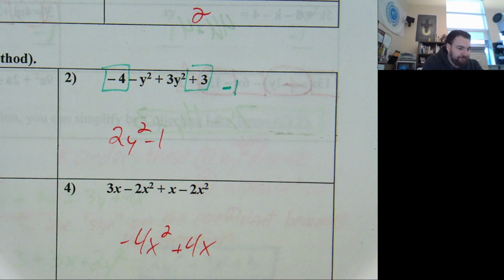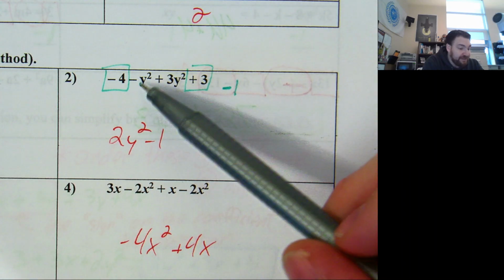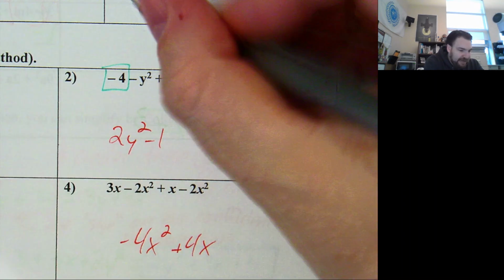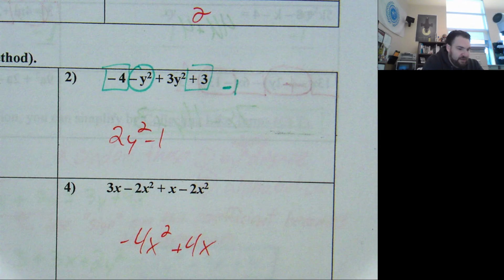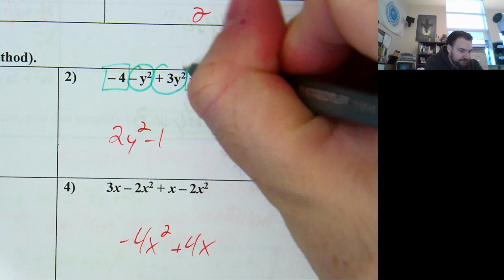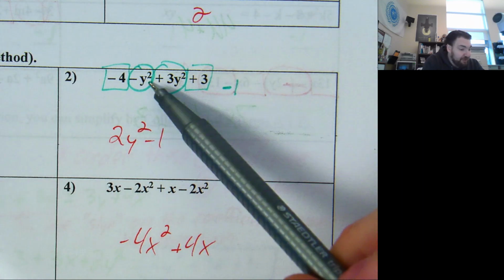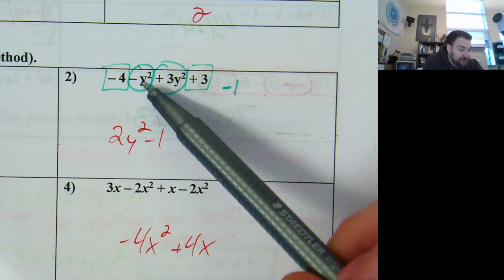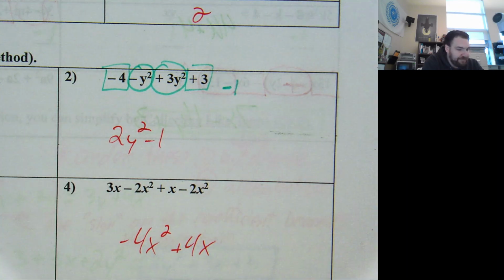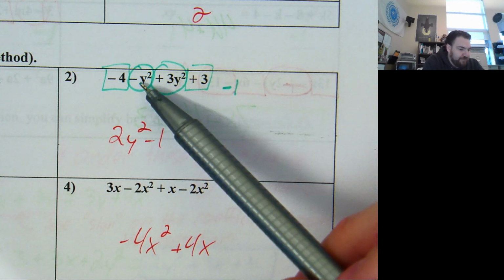And now we're going to keep going. The next one is, and I have to use the sign out front, a -y². Are there any other y² terms? You bet. There's one right here. And these are like terms because they both have y's, their y's are both squared, and there's nothing else there. So now we look at the coefficients. The coefficient here is,